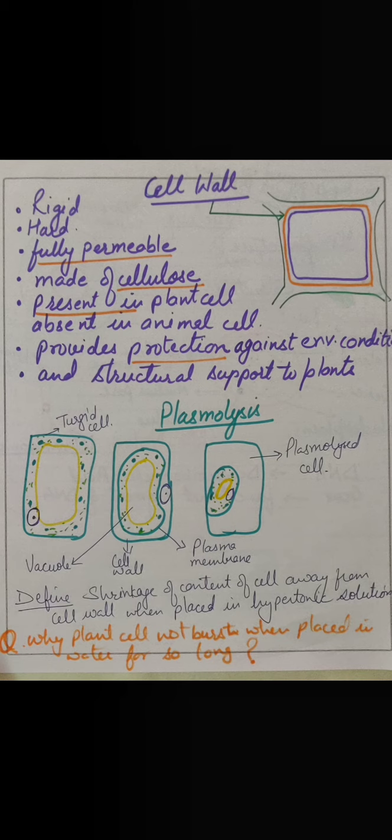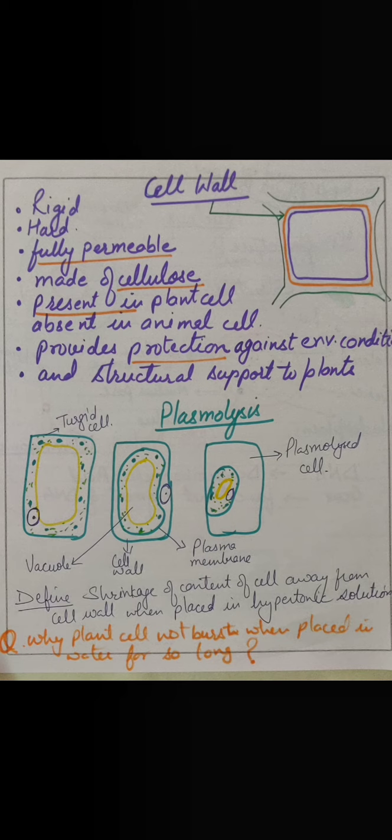One is a normal cell, the second figure shows that it has started shrinking, and in the third figure it has shrunk a lot. But what to notice here is that although the content is shrinking and losing water, the outermost boundary is intact. It means the content of the cell has come to the center by losing water, while the cell wall remains intact. It has not gone along with the protoplasm of the cell. It is intact, present outside. This is about the plasmolysed cell.